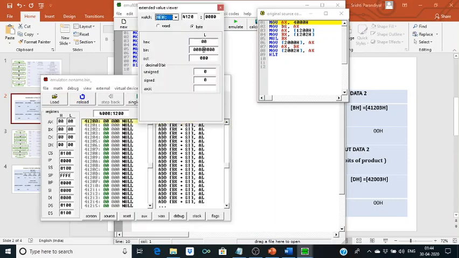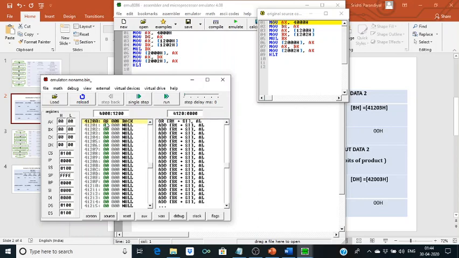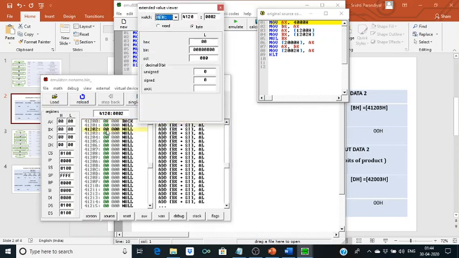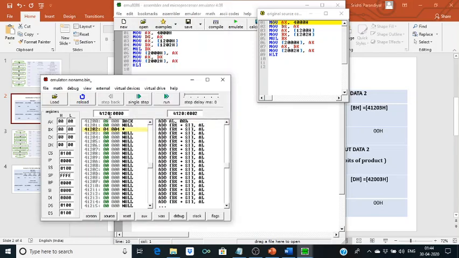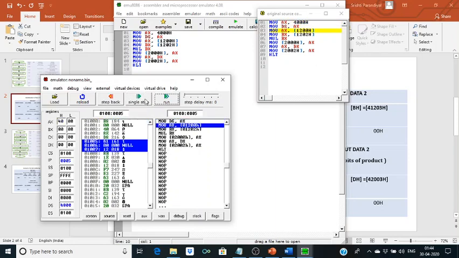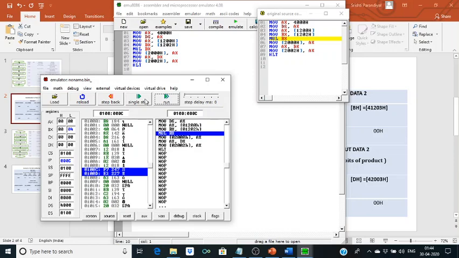So for the first data we will take 0008, and 0004 is the second data. Now we will go to our code segment, and we can check step by step here the contents.